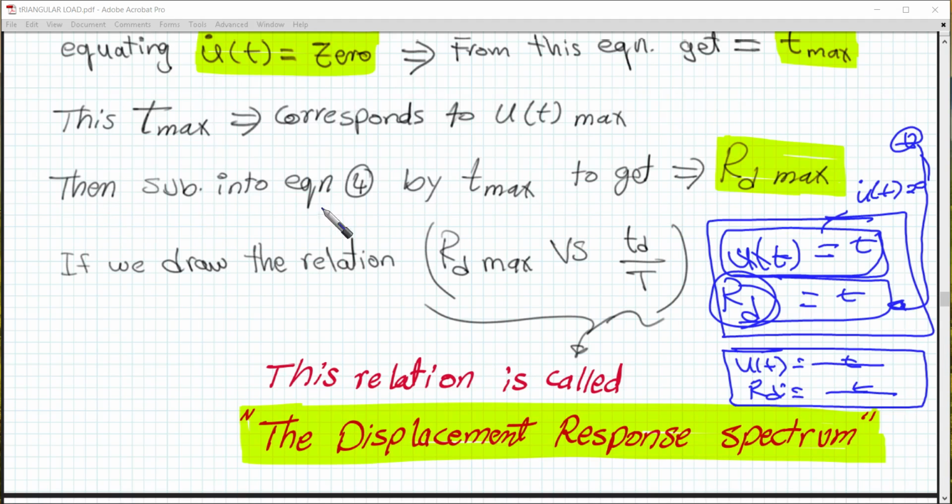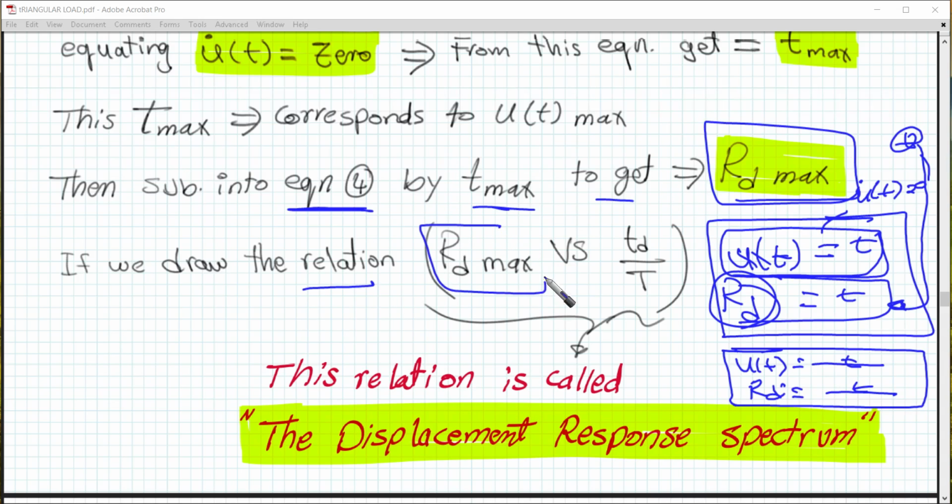If we draw the relation rd maximum versus td over t, where t is the natural period of the system,